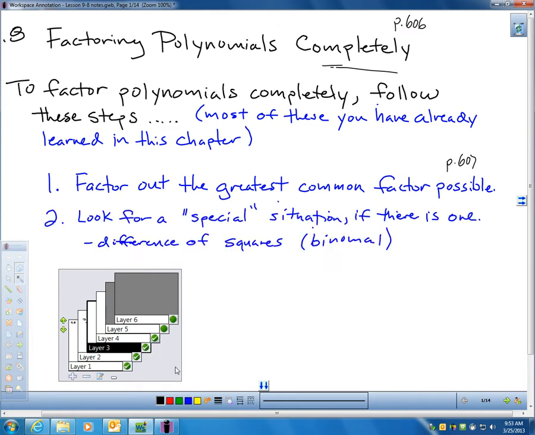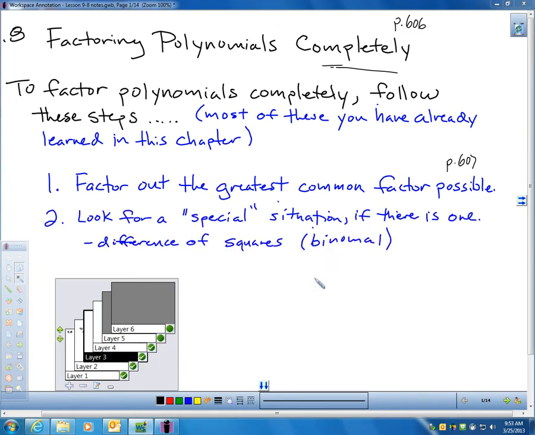Then from there, the next thing would be to look for a special situation if there is one. Remember, we just finished a lesson in section 9.7, two special cases that can come up. You could have a difference of squares, that would be one of the special cases, or a perfect square trinomial would be the second special case. I ought to write that in there, perfect square trinomial. Here's the first special case, second perfect square trinomial. And remember, if you recognize those,